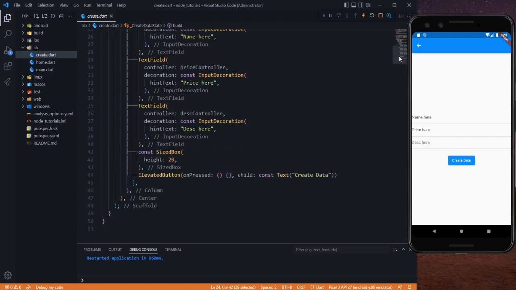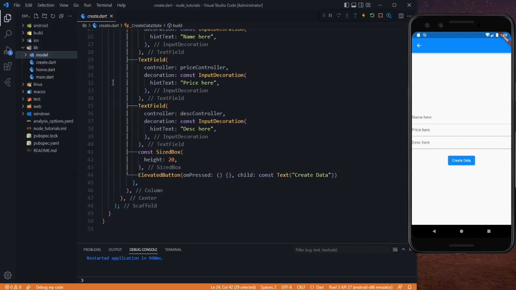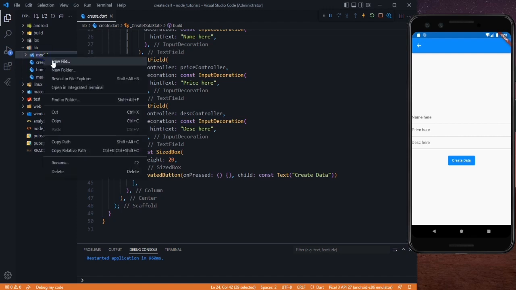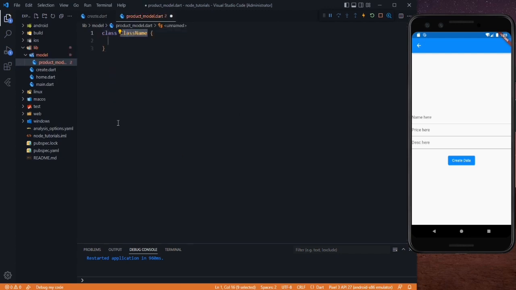So first of all, let's create a model for it. In the lib folder, create another folder which is model, and in here we need to create a model, so it will be our product_model.dart, and in here let's create a class, so name it as Product.